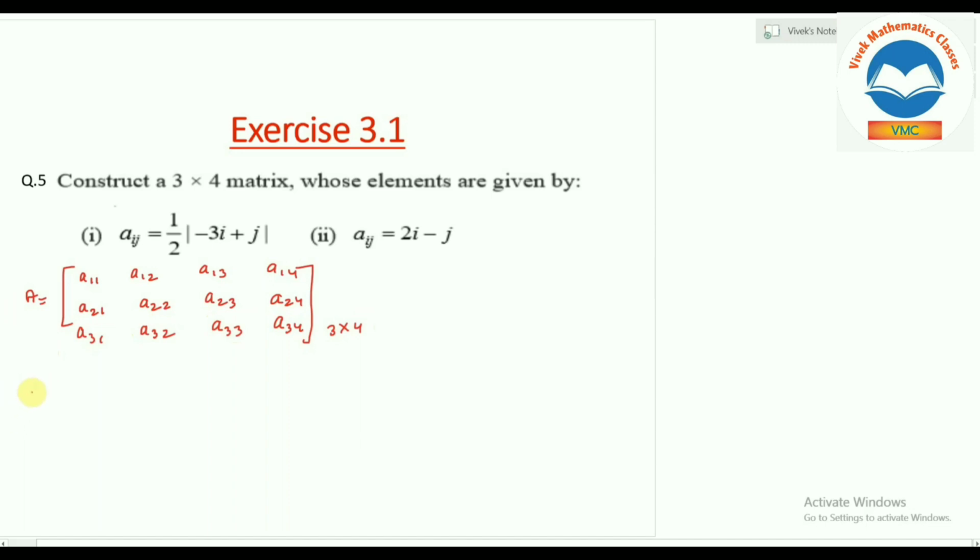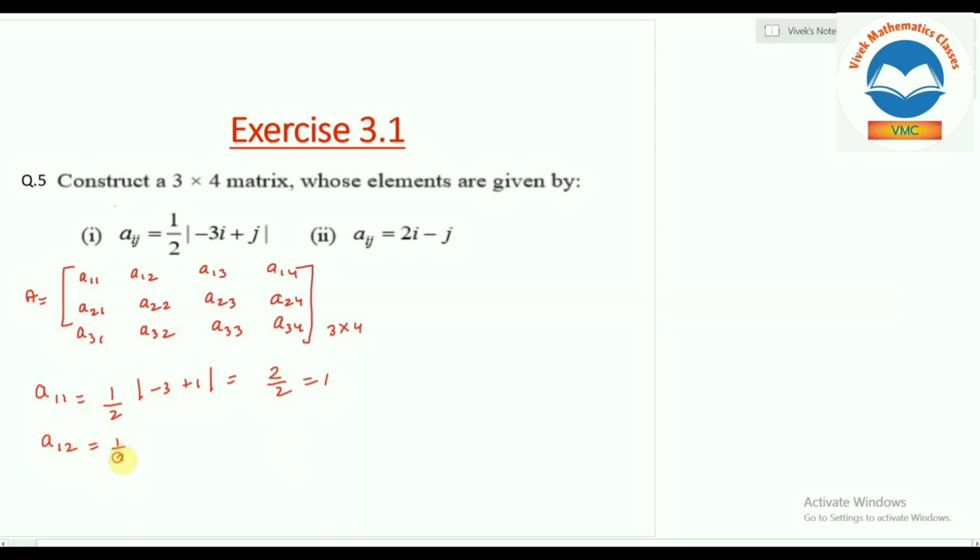So what will be your A11? A11 will be, in place of i also 1, in place of j also 1. So 3 into 1, minus 3, plus 1 will be minus 2. If you take the modulus, then we will get 2 only. Divided by 2 will be 1. I will write here 1 by 2 modulus of minus 3 plus 1. So this will be 2 by 2, it means 1. Next,